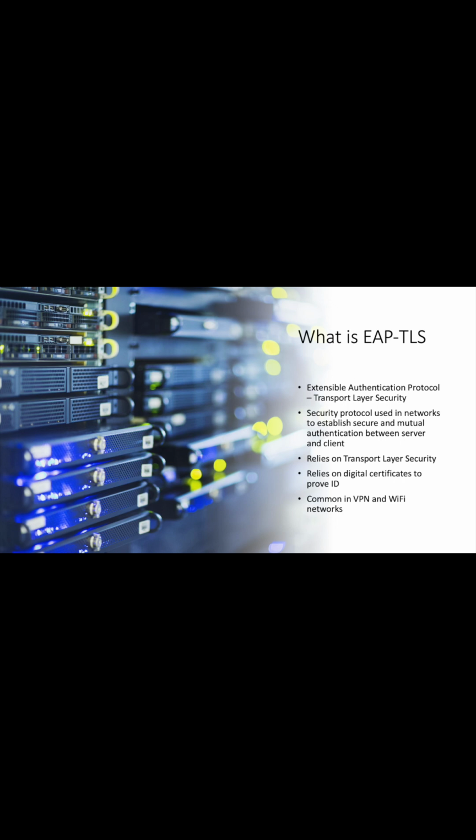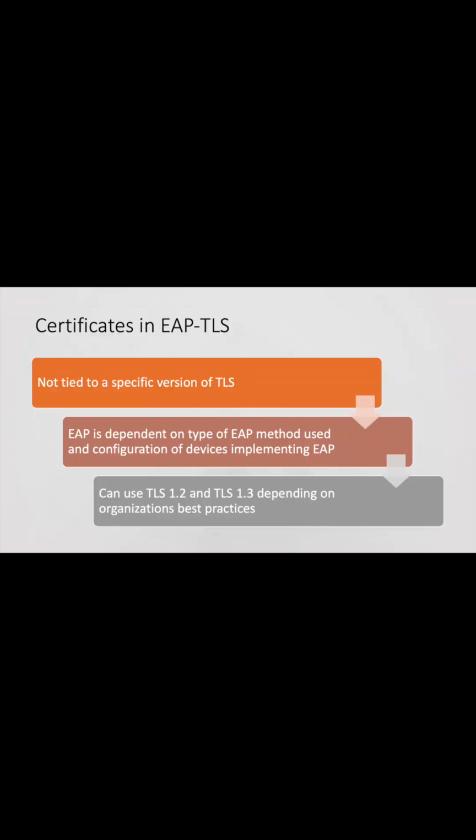EAP itself is not tied to a specific version of TLS. Instead, the version of TLS supported in EAP depends on the specific EAP method being used and the configuration of the network or system implementing EAP. EAP methods, including EAP-TLS, can support various versions of TLS. EAP-TLS, for example, typically uses TLS for securing the authentication process. The supported TLS versions may vary based on the implementation and configuration, but often support the latest version of TLS